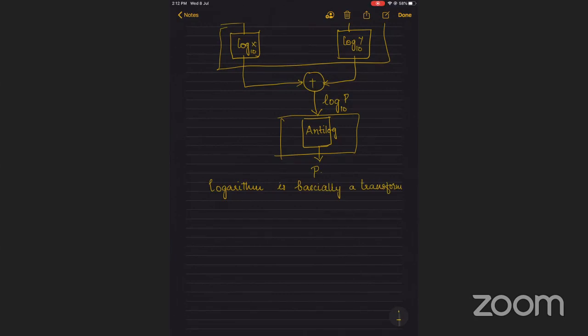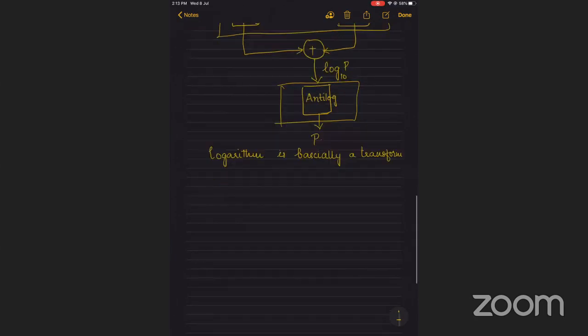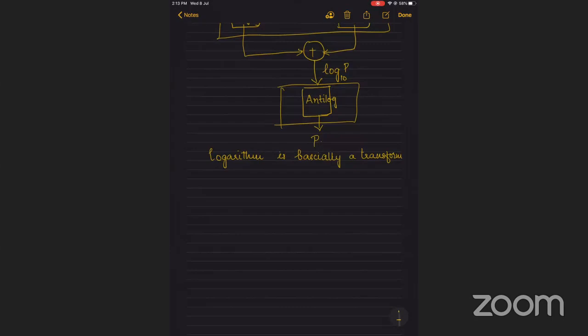Is that right? So what we did, we took logarithm and then we took the anti-log, that is the inverse of whatever we have done in log, and then we ended up getting the original product. So this is one thing, which means this logarithm helped us convert